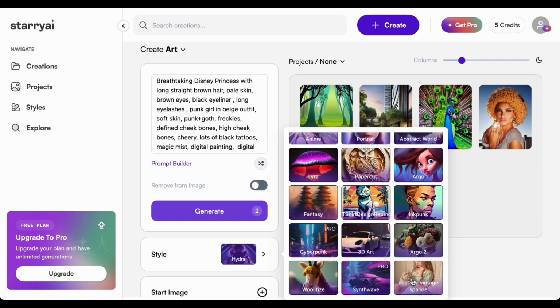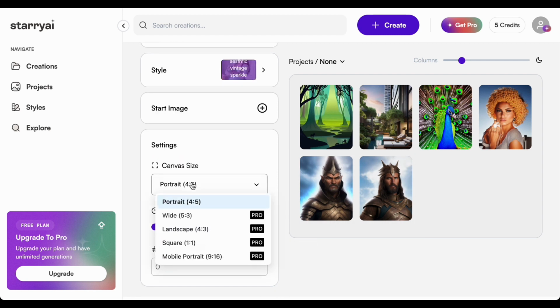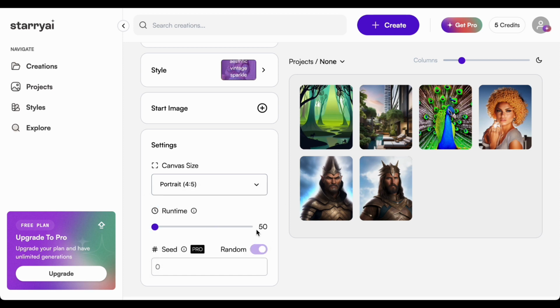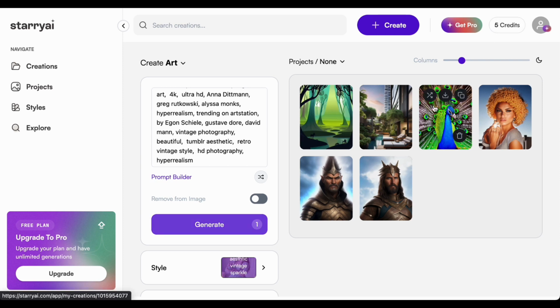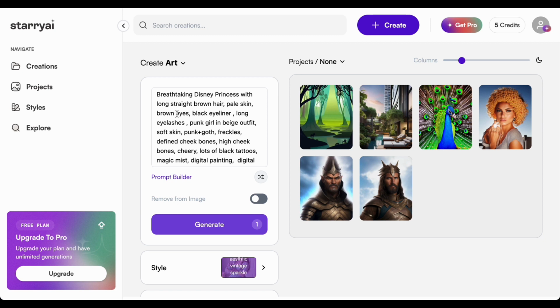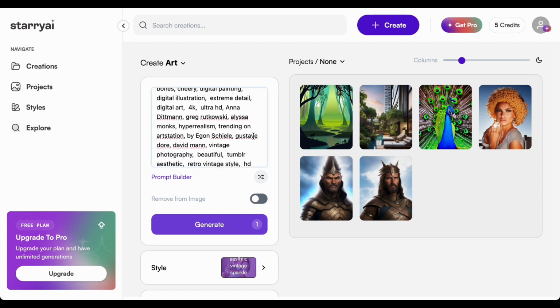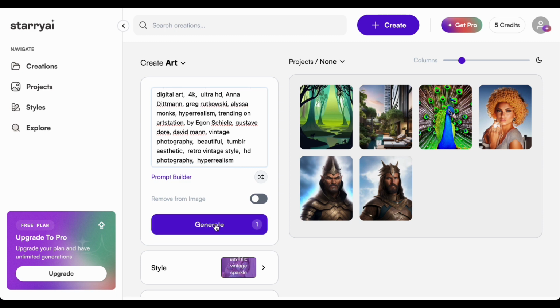Canvas size options beyond the standard 4:5 ratio are reserved for those with a Pro account. Similarly, the ability to upscale for enhanced image quality requires credits, and delving into the realm of 4K resolution necessitates a Pro account. These nuances aside, users retain the power to shape their creations by modifying text prompts, adding or removing elements as desired. Once satisfied with the adjustments made, a simple click on the Generate button initiates the rendering